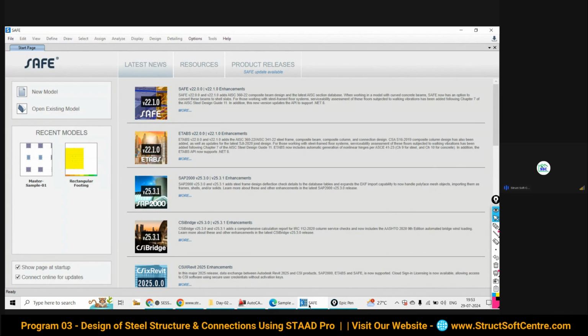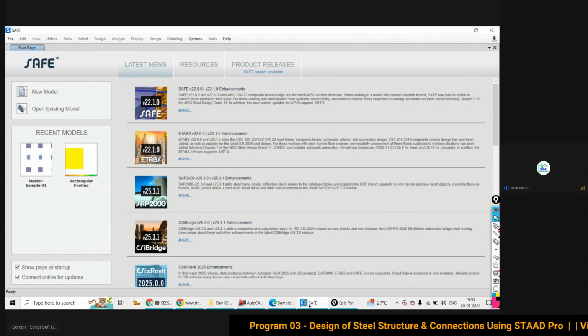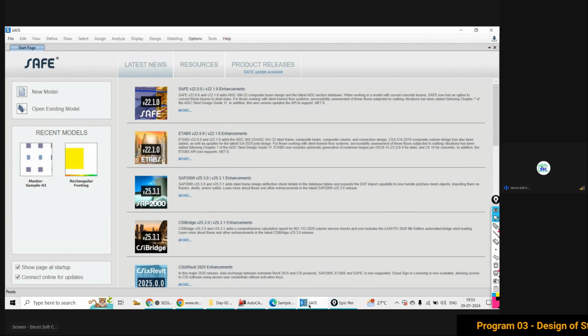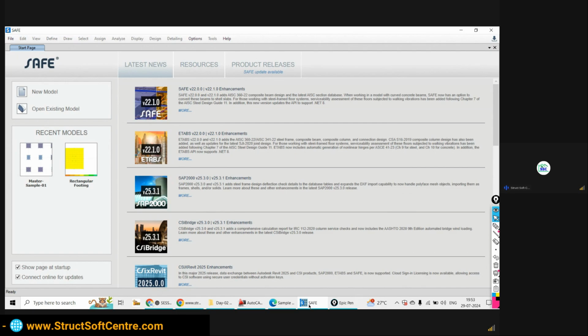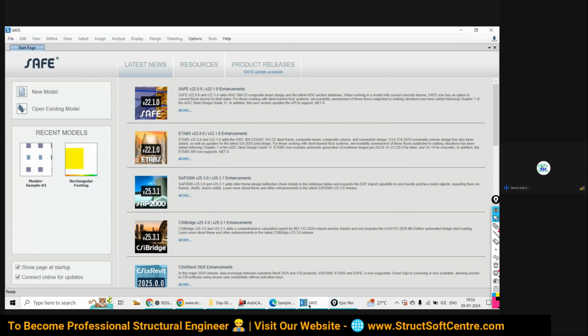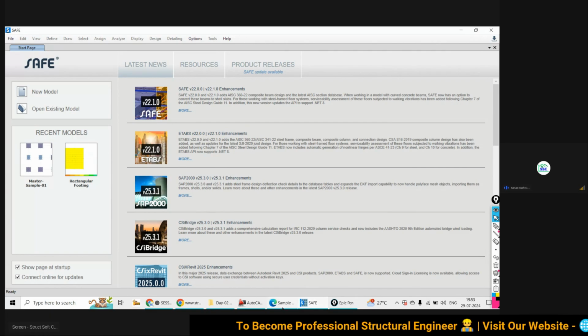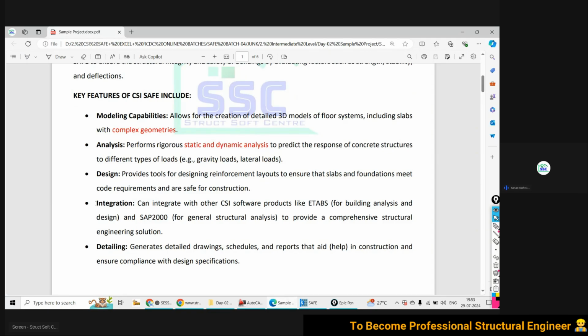So from ETABS we are going to take the report or analysis results into CSI SAFE for doing the analysis and design of the foundation and the floor slab. Whatever you are going to do, for that purpose you need the help of a primary software, that is nothing but your ETABS, right? That's why I call it a secondary software. It is a good thing that we have integration with another software.